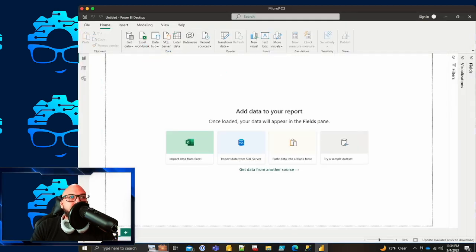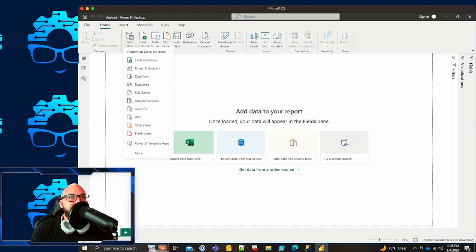All right, so we're here in Power BI, and what we're going to do is go to get some data. Now remember, we're going to grab this in 3 different ways. We're going to grab it from SQL Server, we're going to grab it from a CSV, and from Excel. So what I want to do is hit the Get Data button, and first we're going to import our Excel